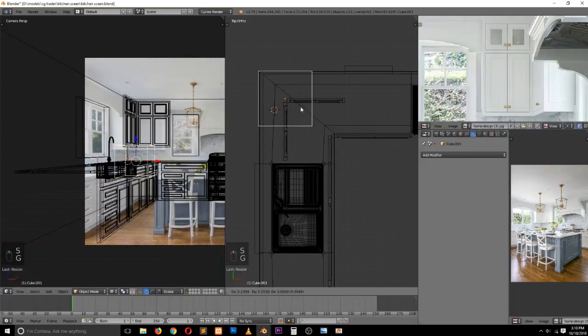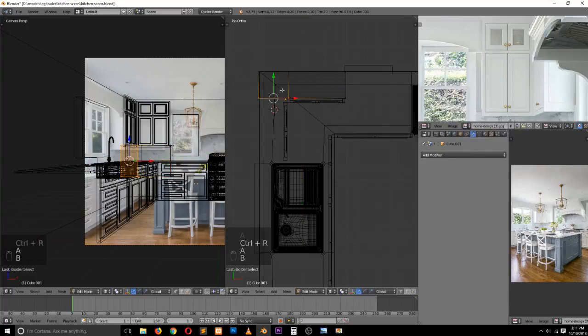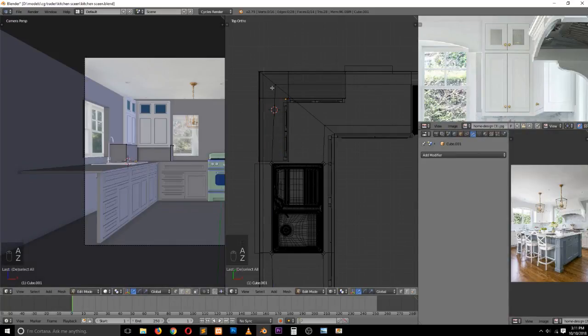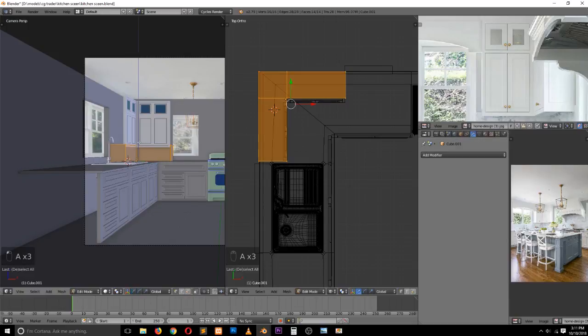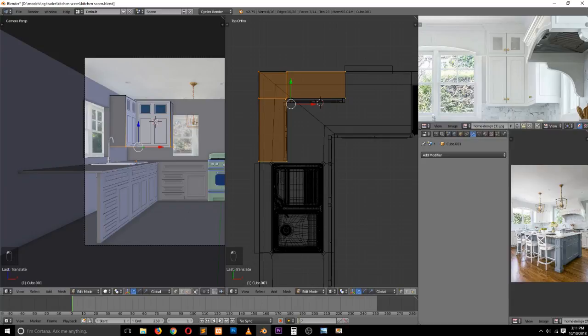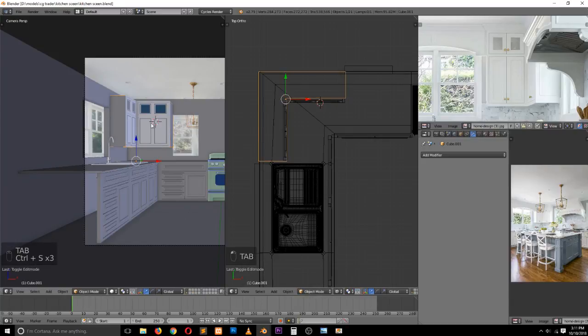So just need to add a cube, move the vertices like so, maybe add a loop here, select this, extrude, and then move this around there, select everything, push it up like that, select this bottom part and push it around there, and yeah,